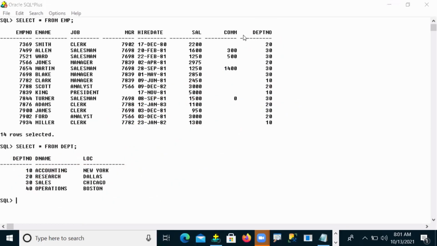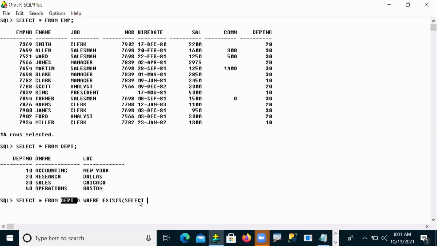So finally my requirement is accounting, research, sales. Then how to write it here? In my subquery, what do I need to display? Department details. So select star from DEPT, and here I'm using the exists operator and an inner query. The outer query is the DEPT table because I have to display department details.